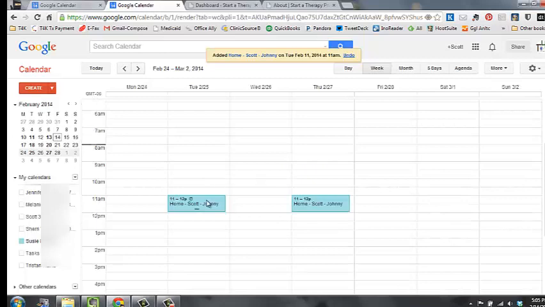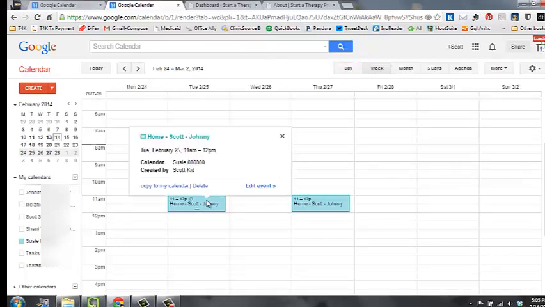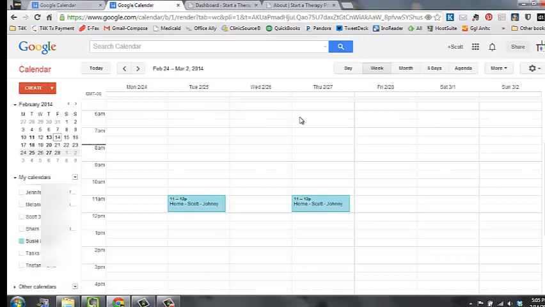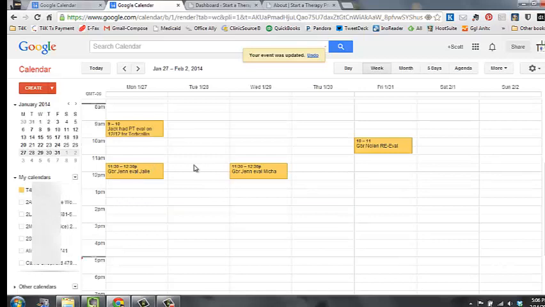Now, if you wanted to change the time, you can just simply click on it, Edit Event, change the time or the day, and click Save. So that's basically it. You can put multiple therapists on there. One suggestion I have is to have a separate calendar for evaluations. So you can see that this is our calendar just for evaluations,